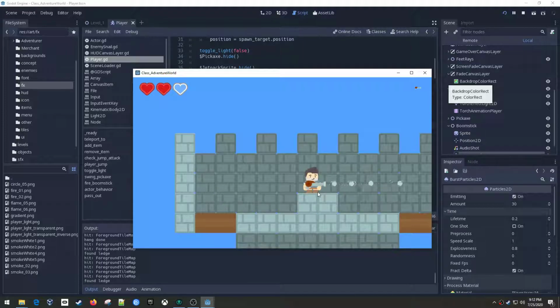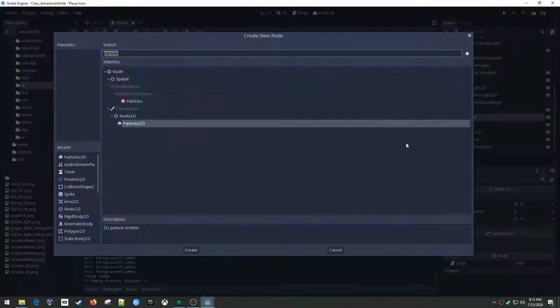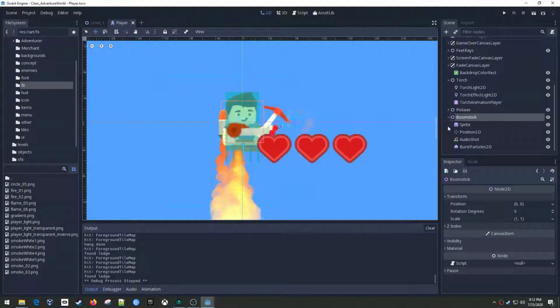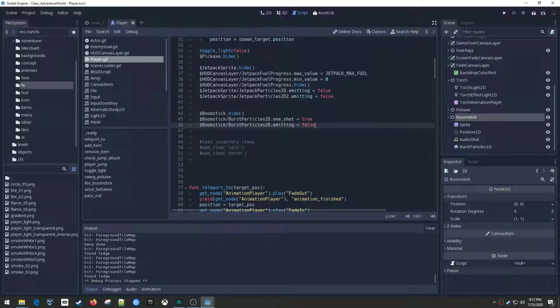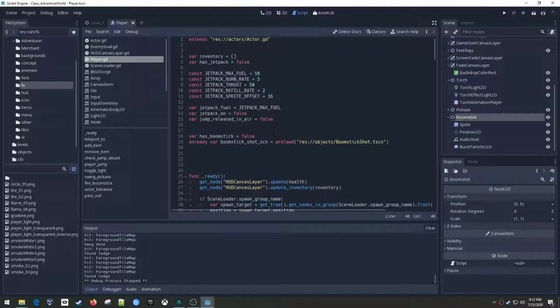I don't want to be able to fire too fast anyways. I only want to be able to fire once every second or so. So let's go ahead and add a little delay in there. Now we could do this with a timer, and that's what we will do, but we'll use a timer here in code. So I'm going to add up here at the top a new variable,